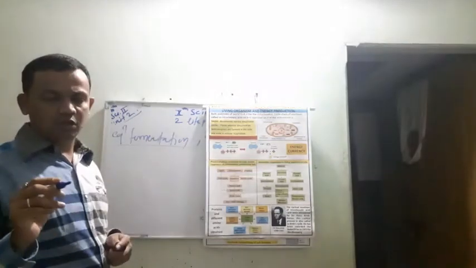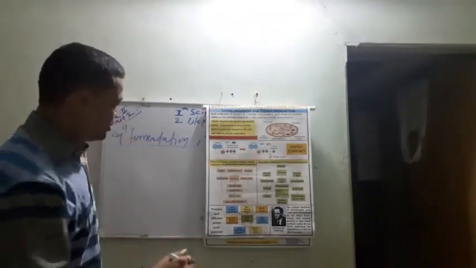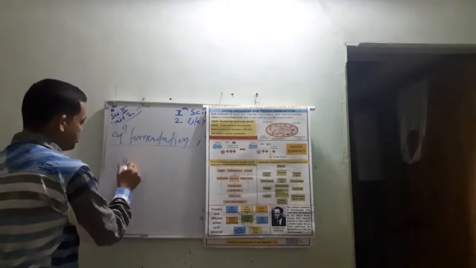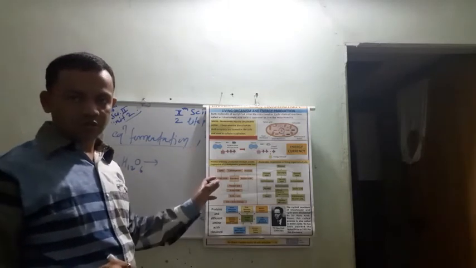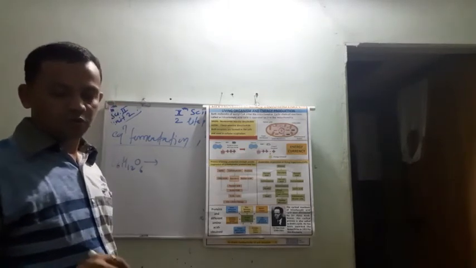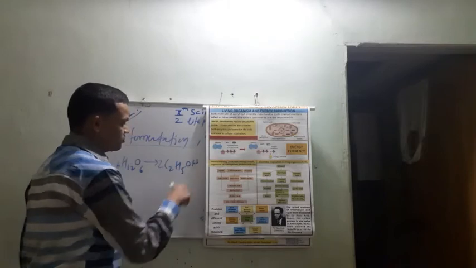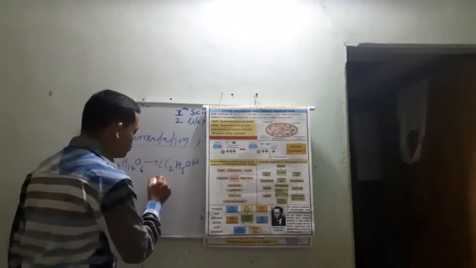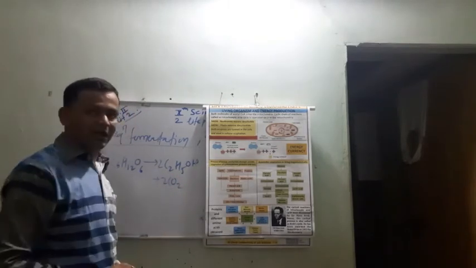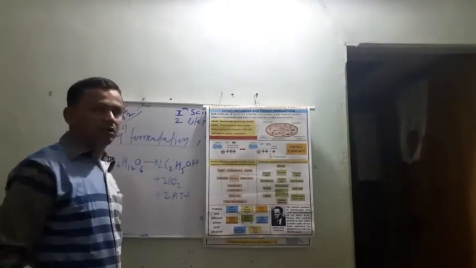So in this equation, what happens in the fermentation process is mentioned. This is a glucose, C6H12O6 glucose molecule, which is converted into ethanol, 2 molecules of ethanol. Also there is a formation of 2 molecules of CO2, carbon dioxide, and there is a formation of energy, that is 2 ATP molecules, or a less amount of energy is formed in